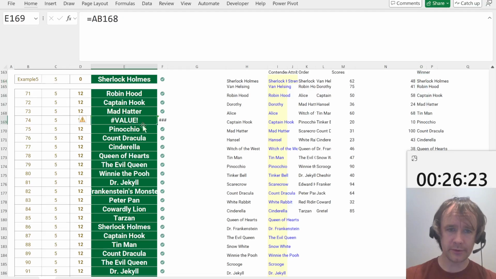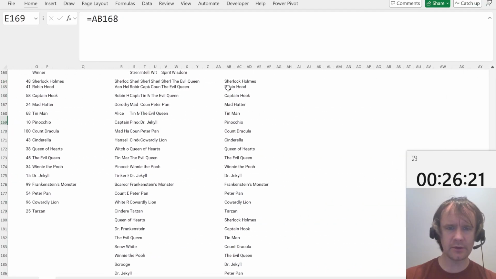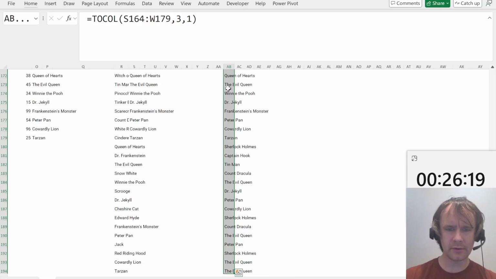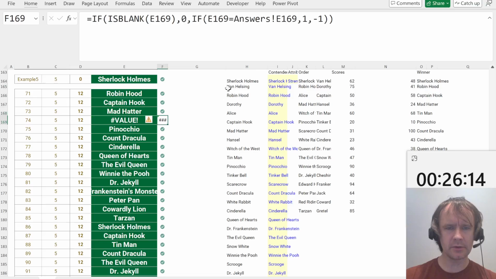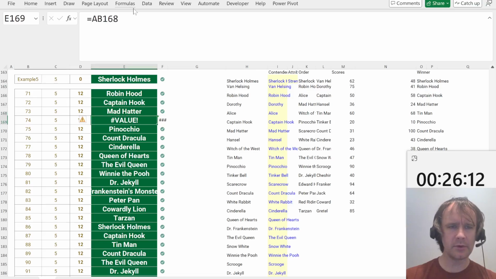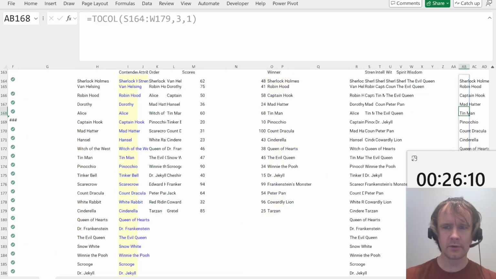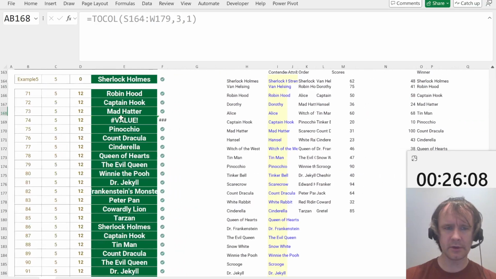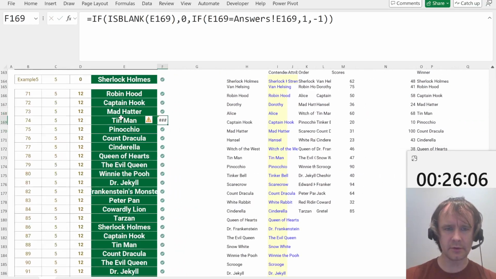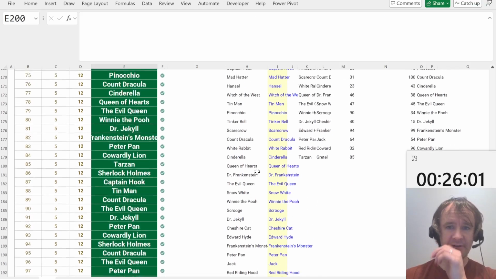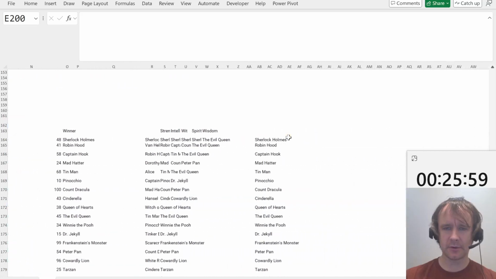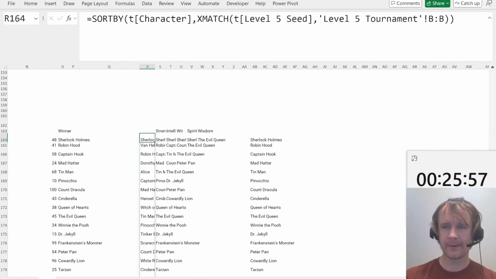Okay, now we're almost done, except that for some reason we're getting a value? What? There's no value error over here. Maybe I changed something here? No. What? AB 168 says Tin Man. Why does this say value? Okay, I don't know what happened there, but anyway, fine. Eventually got that out. So now I should be able to quickly pivot it to